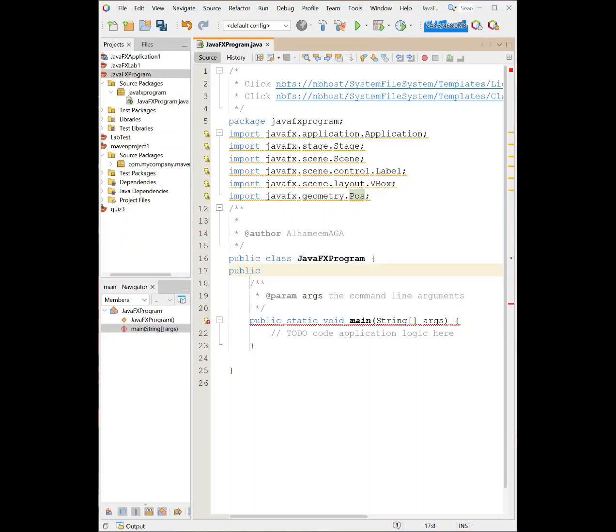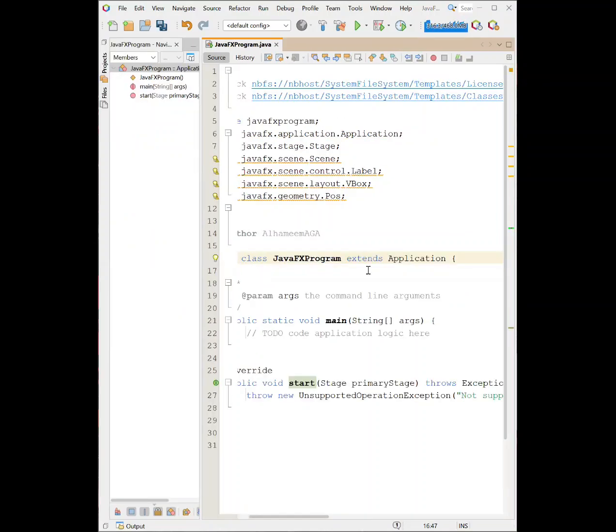See how we extend Application. This is required for JavaFX to know the program and giving access to all the launch and